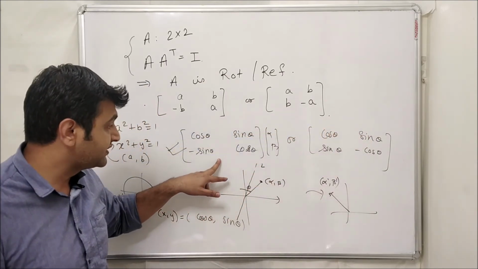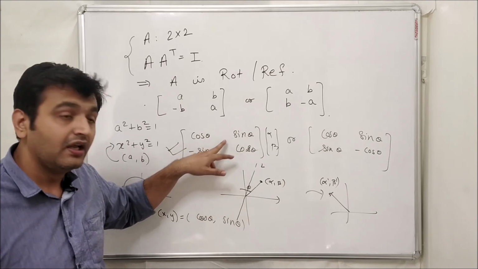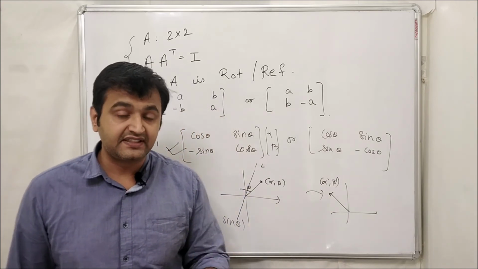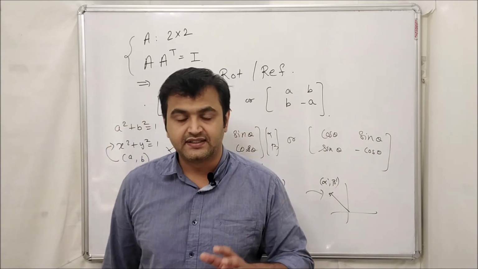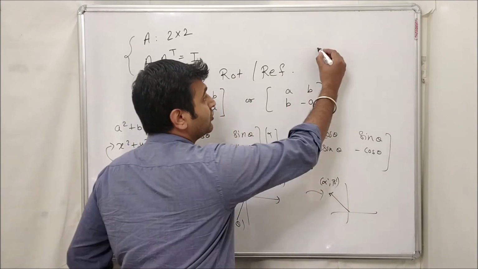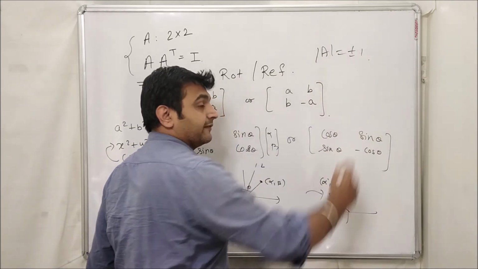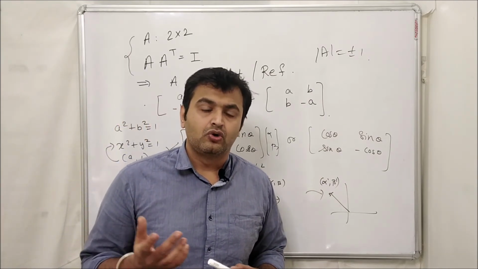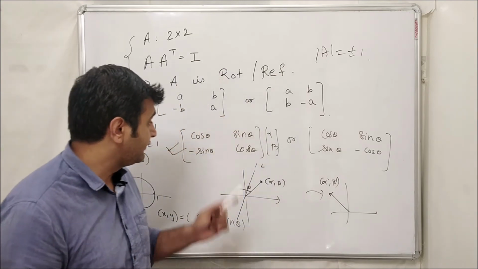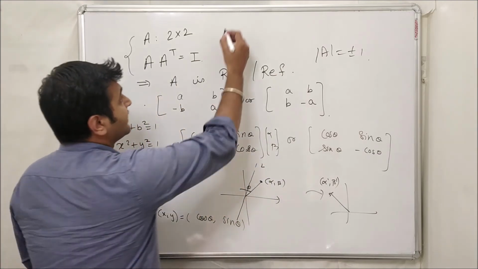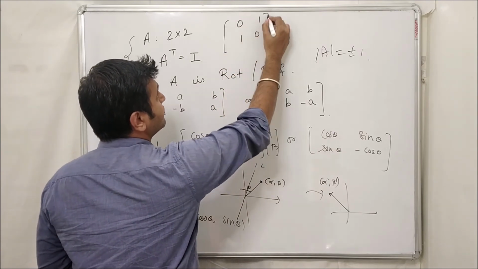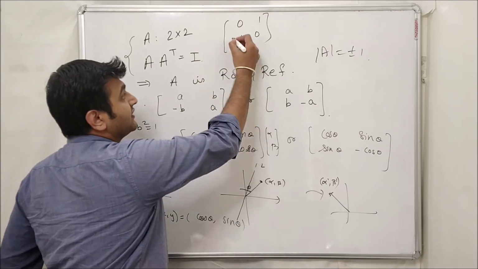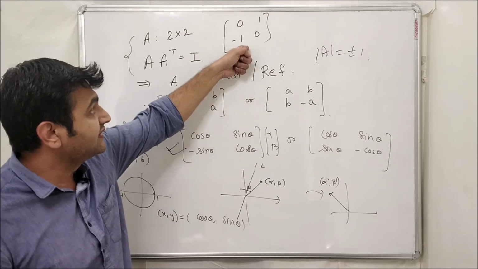Okay, and you can observe what the determinant of this is. It is cos square plus sin square. Determinant is 1, here the determinant is minus 1. If you recall my previous lecture, we have seen that the determinant of an orthogonal matrix is either 1 or minus 1, right? If A is orthogonal, then determinant of A is plus minus 1. So whenever you have a 2 cross 2 orthogonal matrix and you want to see whether it is a rotation or a reflection matrix, and if you don't know the theta, like suppose I give you something like 0 1 1 0. If I put theta equal to pi by 2, I get this as a matrix.